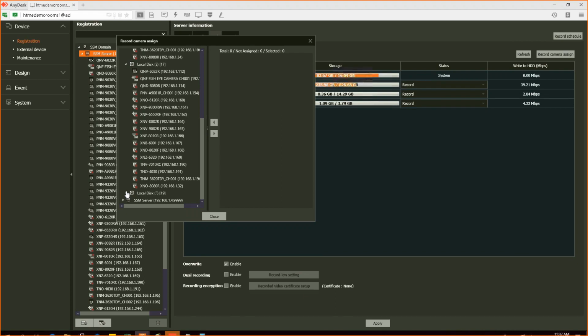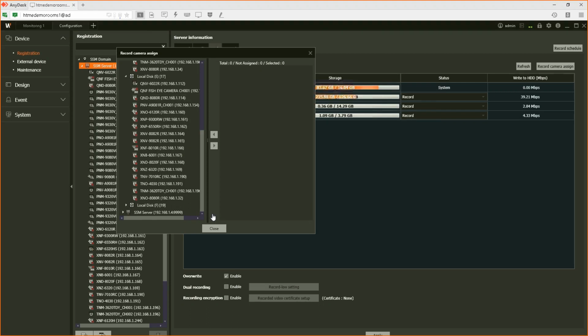Ideally, we put all the cameras in all the drives, so it will balance the storage for each camera. But in case you have some storage drive for some cameras for higher days, or if you want to group cameras, 50 cameras on C drive, 50 cameras on D drive, if you want to do it manually, you can customize that. You can choose which drive to record.